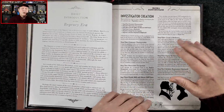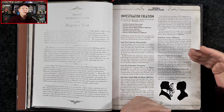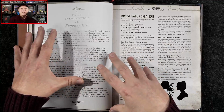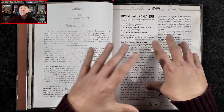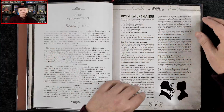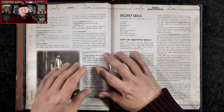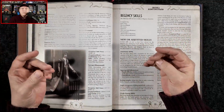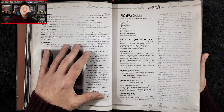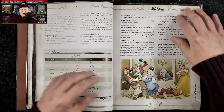Not necessarily. Of course, this is also a point in time where the Industrial Revolution is beginning. Now, there is still a focus on rural areas. We haven't seen a vast migration to the cities or into industrial cities that are popping up. So you still have a majority of the English people working in the country. So we have information about new investigator occupations, new skills. There's a discussion on